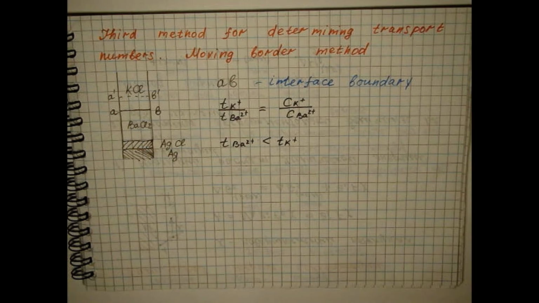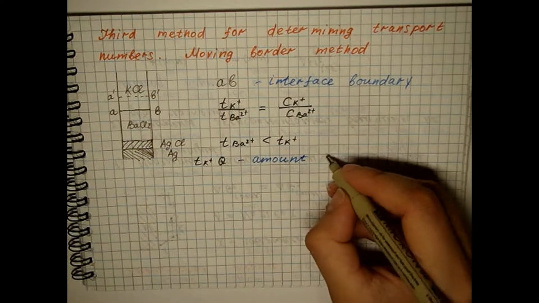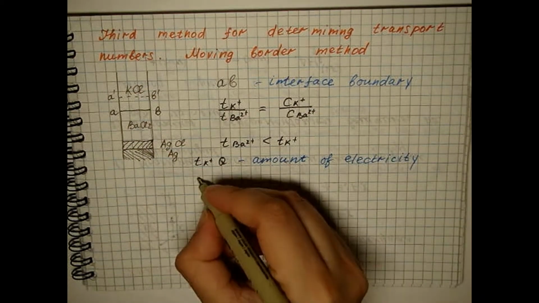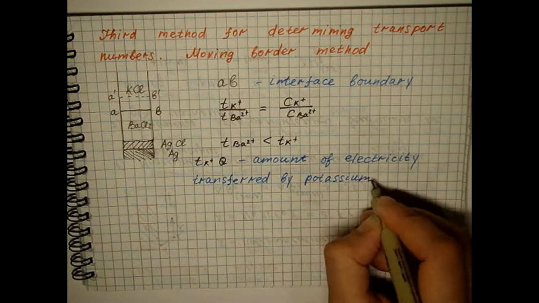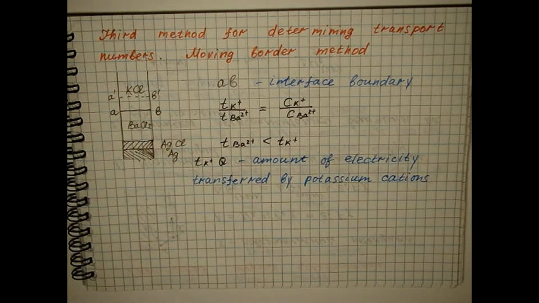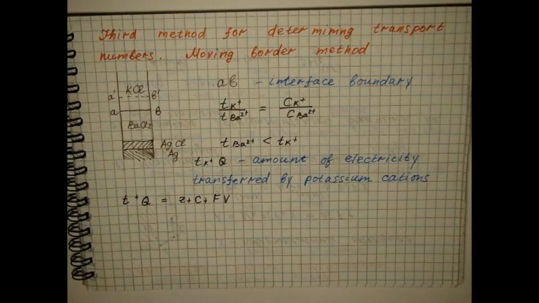After a certain period of time, the boundary takes a new position. If during this time Q coulombs of electricity passed through the system, then the amount of electricity transferred by potassium cations will be equal to the corresponding charge, which should be equal to the charge of all potassium cations that were contained in the volume between the AB and A bar B bar levels. Therefore, and for this example,